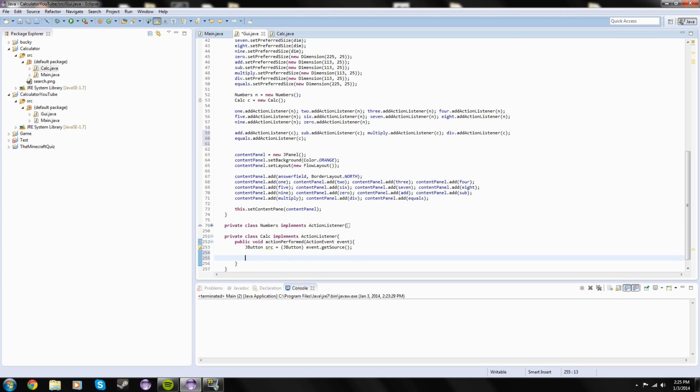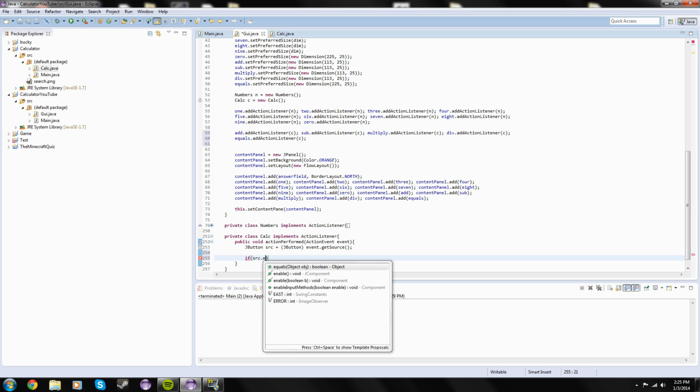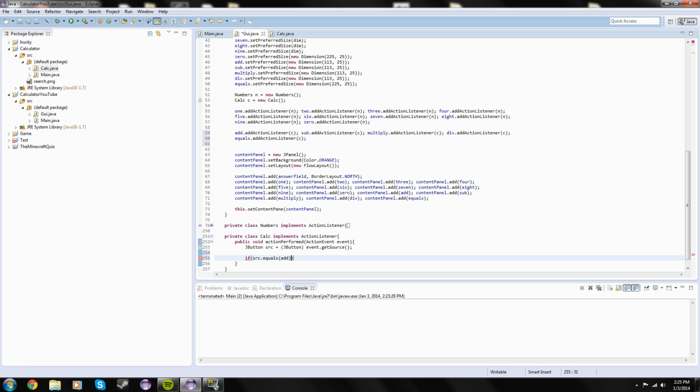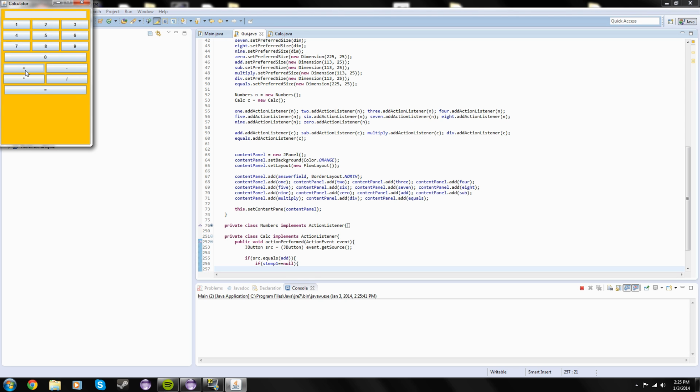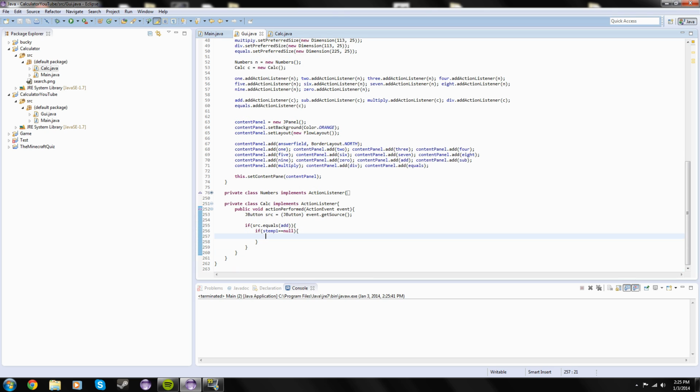So now we're going to be doing the same thing, but this is going to be less annoying because you don't have to do as much for each thing. If they click equals add. So now if they click add, actually I was wrong, you do have to do a bunch of annoying stuff. So if they click add, and if stemp1 equals null, so if they click add and they haven't done anything yet, like let's just say they open the program and then they click plus right away, but they haven't chosen any numbers yet, so we want it to say, whoa, you didn't do anything yet, so we're not going to do anything. So if they haven't done anything yet with the first number,